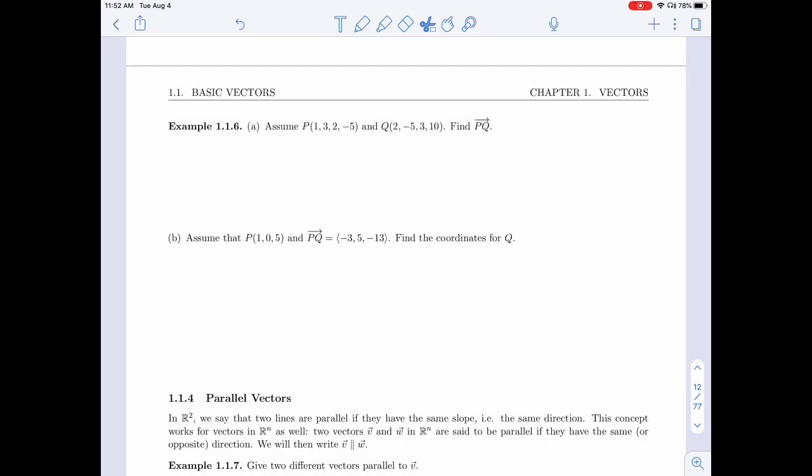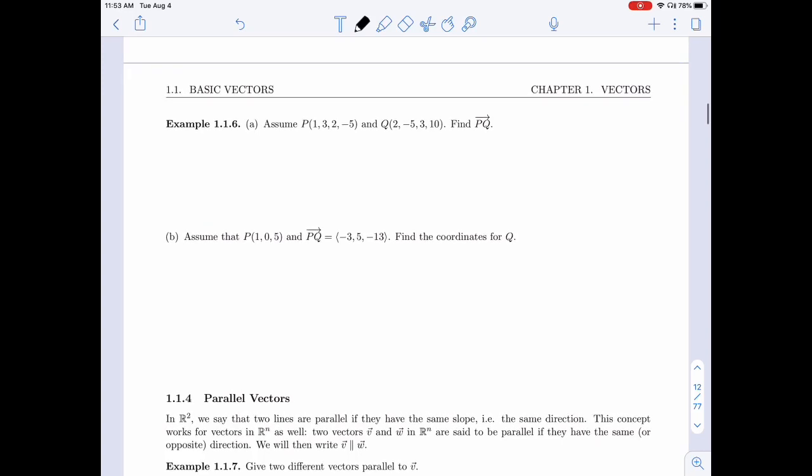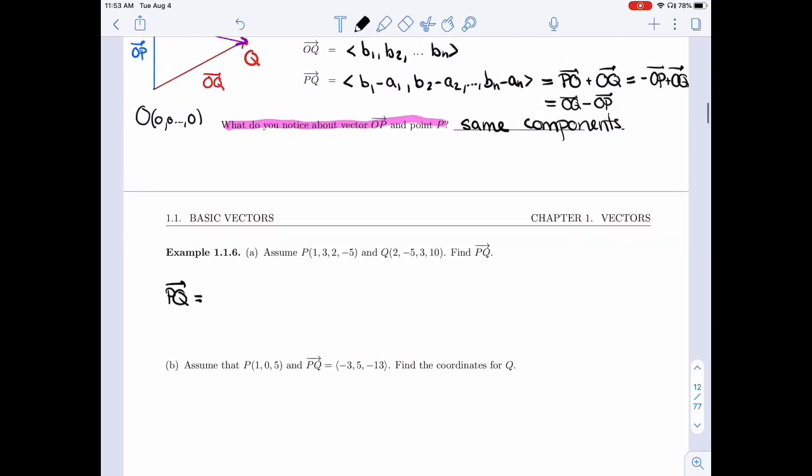All right, so let's do one last example on these PQ vectors. In example 1.1.6, I'm given a point P and a point Q in R4. They have 4 components. I want to find the vector PQ. So what we just looked at is that PQ is